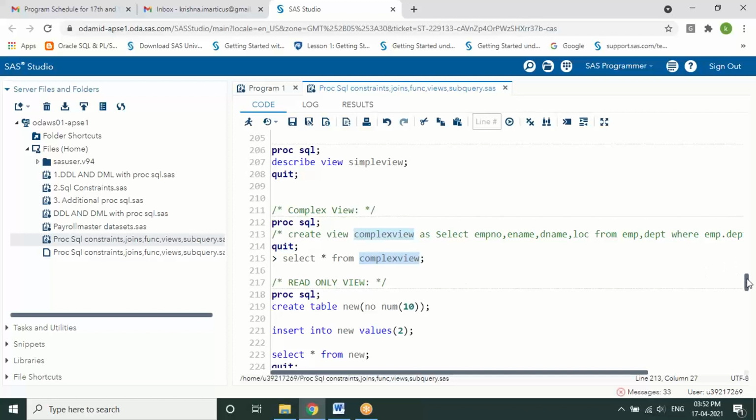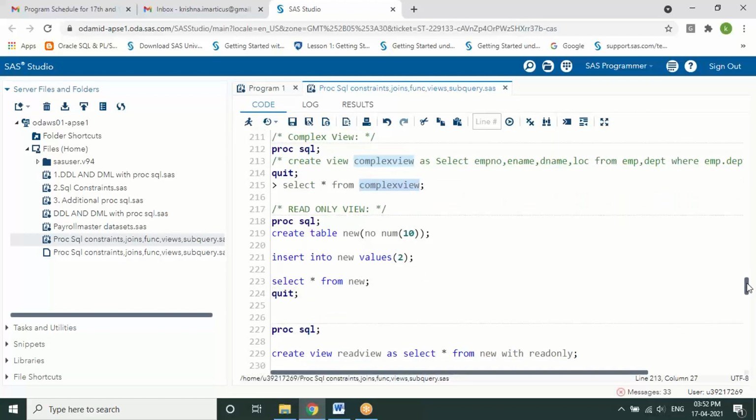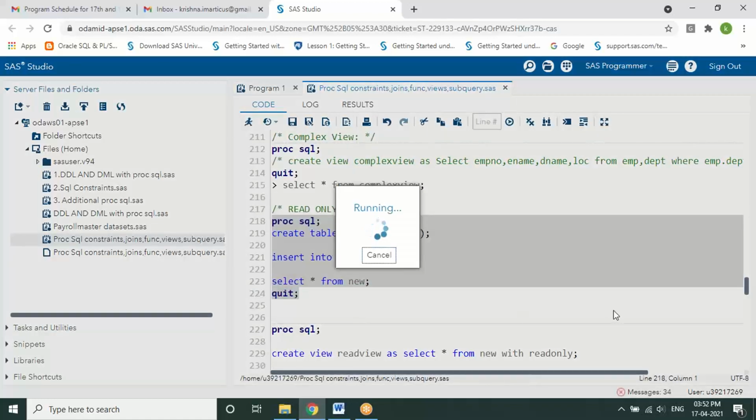Okay. And the next one is read only. I'm going to create a table with new and create a view upon it as a read only, which will create it as a read only. We cannot make any DML operations onto that. But here this syntax is not getting recognized with the SAS, but I've given the syntax. So you can just even look after for that.